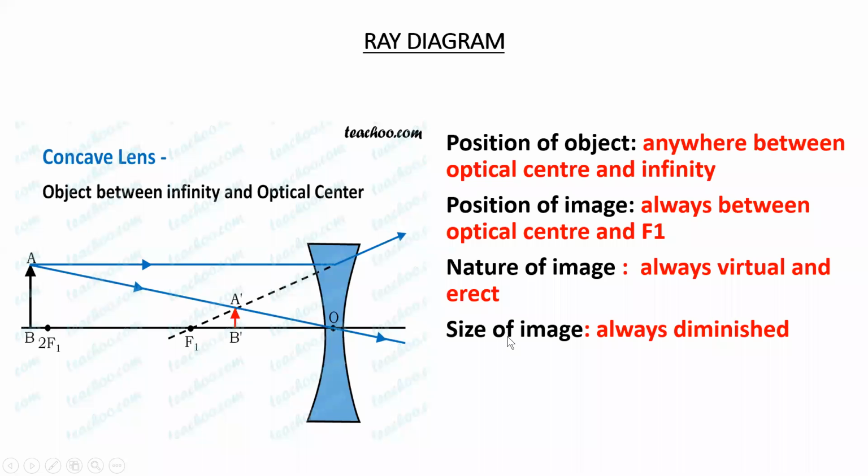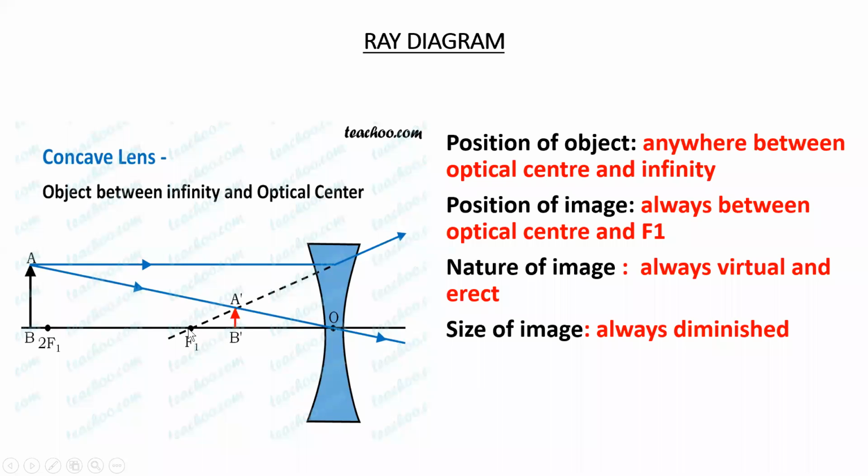अब ये जो तीनों point है, इस चीज को बहुत ही ध्यान से सुनना है. Position of the image, nature of the image and size of the image, ये कभी change नहीं होगा. These 3 points are fixed for concave lens. In concave lens, the image is always formed, इस चीज को ध्यान रखना. Always, the image is always formed between the optical center and the focus, except when the object is kept at infinity. क्योंकि जब infinity में object है तो focus पर बनता है, ठीक है.